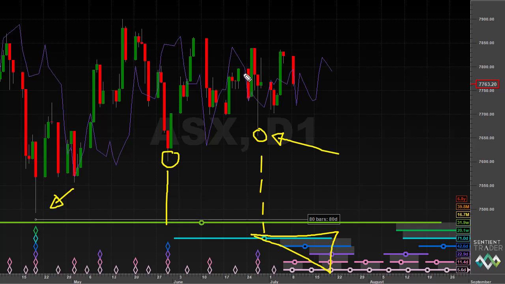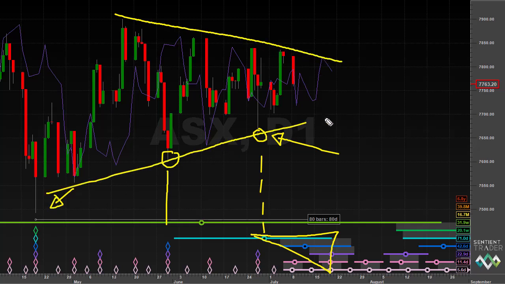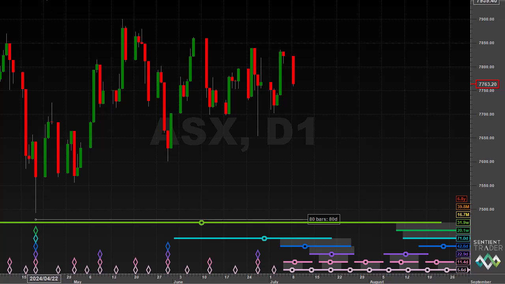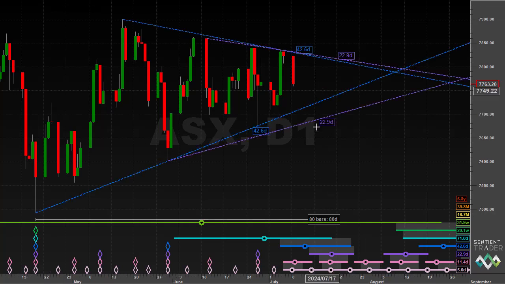However, we can analyze the interaction with the 20-day FLD, as you can see over here. But what has been happening in the Australian market is that we have a triangle shape developing. As you can see there, when a triangle shape develops, tracking the sequence of the interactions with the FLD can get a bit messy. And so what I tend to do is not focus so much on the FLD, but rather take a look at the VTLs that are surrounding this triangle.